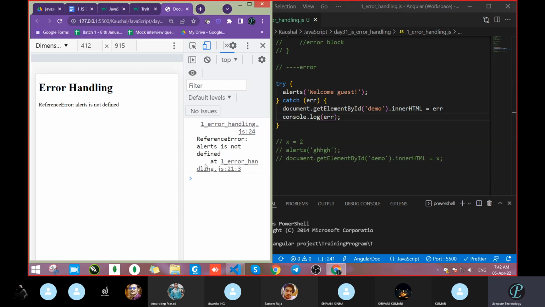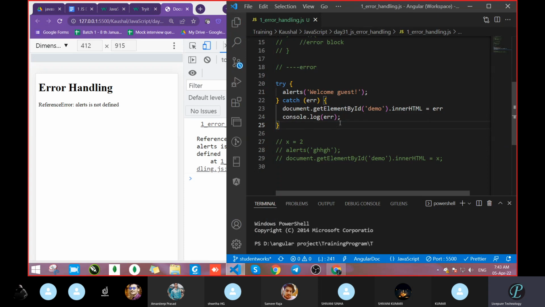So we got the message on the UI side. This is properly giving the message. Okay, now there is a reference error, some variable is coming, but we do not want that. So what will we do to get a proper message? We can wait, let's comment this line. So we got that message.